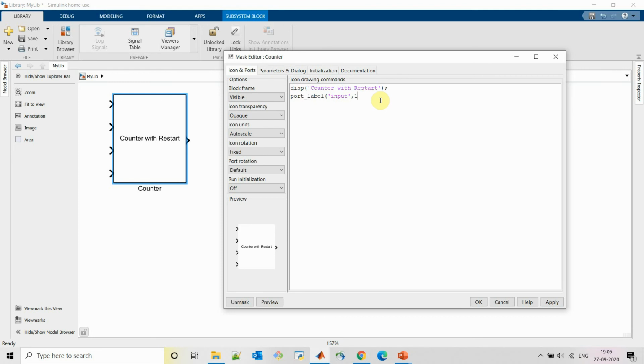For input 1, we want it as start. There are total 4 ports, so we will add 4 port labels.